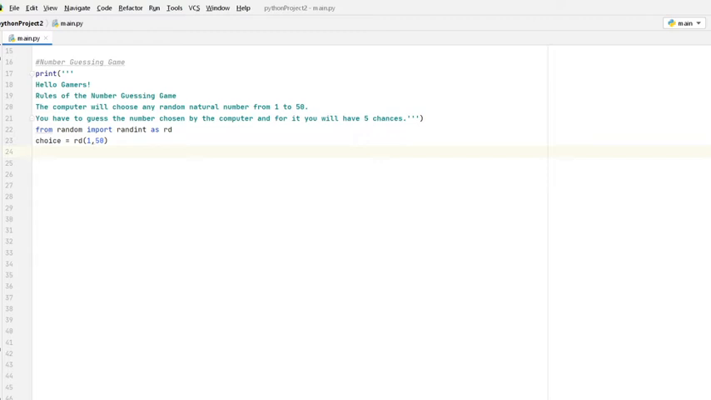Now what can I do? Let me ask the user 5 times to put their entries. So I'll use a loop here, and since we know how many times I want to run the loop, I'll use the for loop. For i in range, I have to give 5 chances, so I'll use 1 to 6, because it moves up to one number less than the given one. So for i in range 1 to 6, first of all, let's print